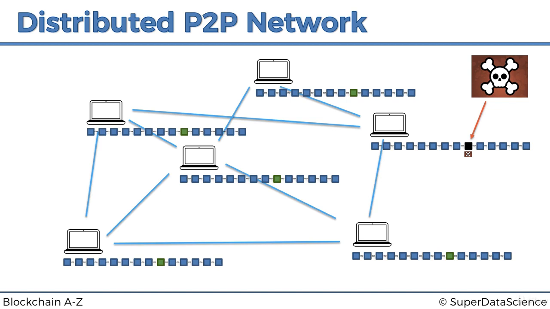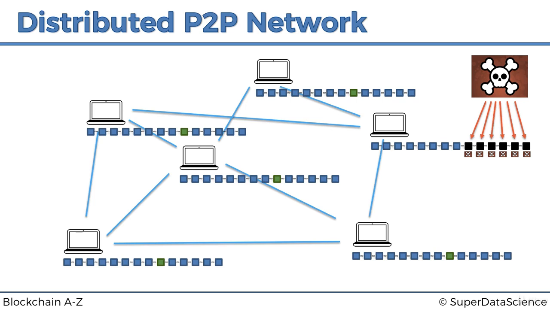But at the same time, as soon as they do that, we know that the cryptographic links between the blocks will cause a problem for them, because now all of the blocks after that block are all of a sudden invalid, and they need to go through all of them. And as we discussed, maybe it is worthwhile for them to go through all of them and actually change the hashes in those blocks, recalculate the hash of each block one at a time, and re-record them and put the new information in. So they might go ahead and do that. And they're successful, and they've changed this blockchain. So in the previous example, before we had distributed peer-to-peer networks, that would have been the end. They would have succeeded, and they would have taken away that $1 million or $100,000 property.